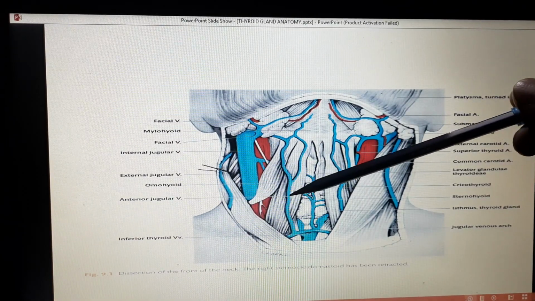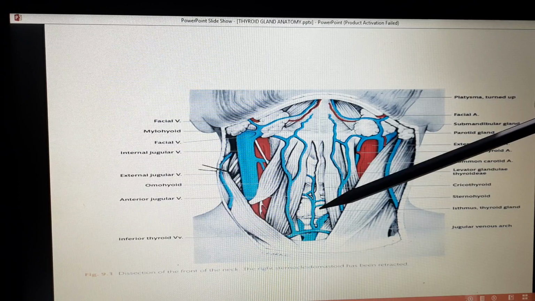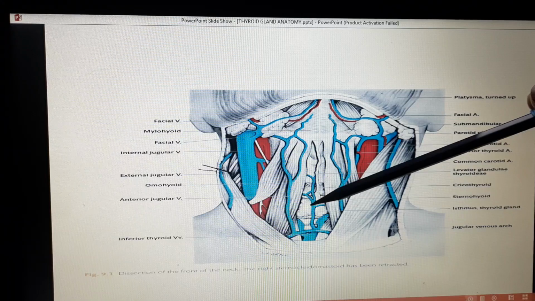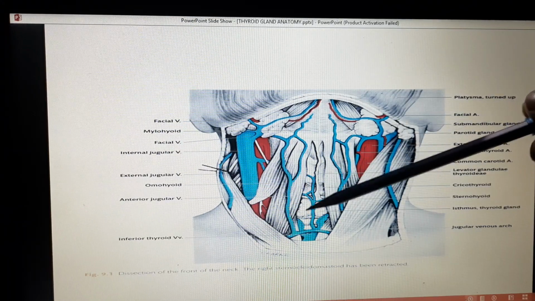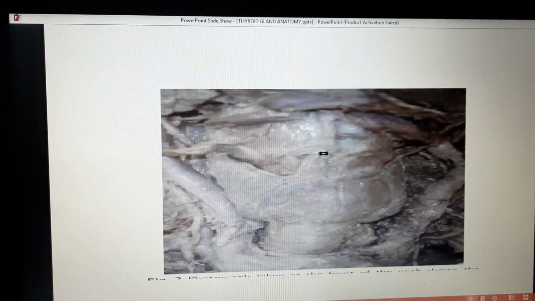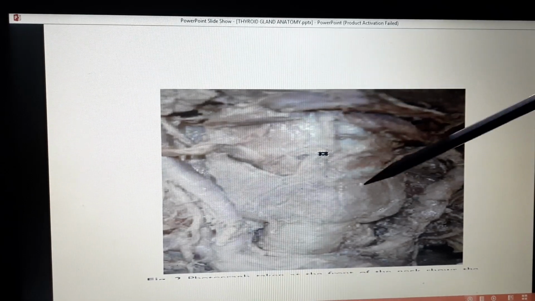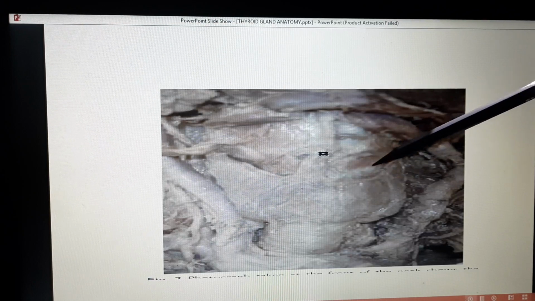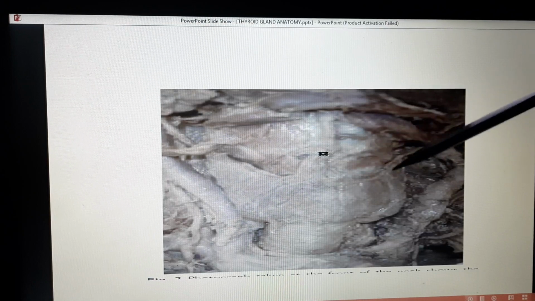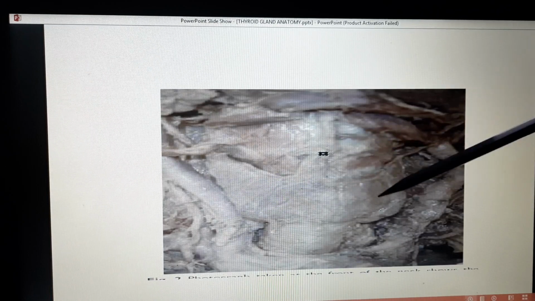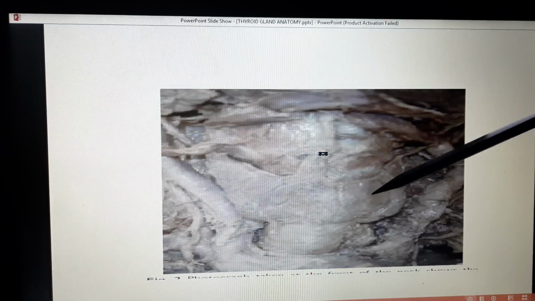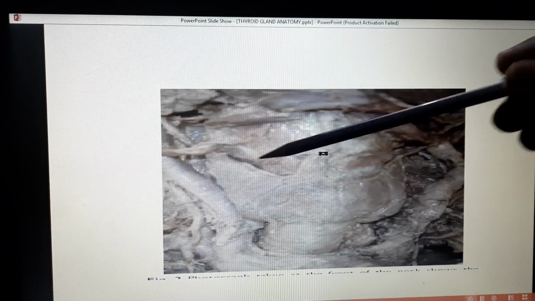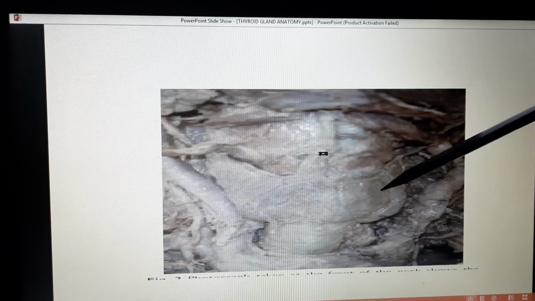If you retract these muscles or you dissect out these infrahyoid muscles, then you get the thyroid gland in the lower part of the neck. In this picture, infrahyoid muscles have been removed, and what you are seeing is the butterfly-shaped thyroid gland. So it has two lobes, two lateral lobes, and one isthmus which joins these two lateral lobes. The midline structure is the isthmus, and there are two lateral lobes, right lateral lobe and left lateral lobe.